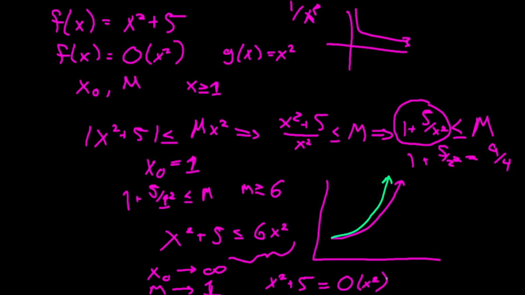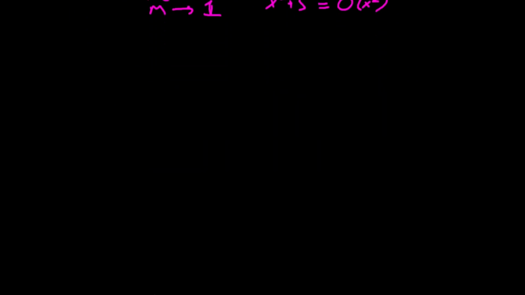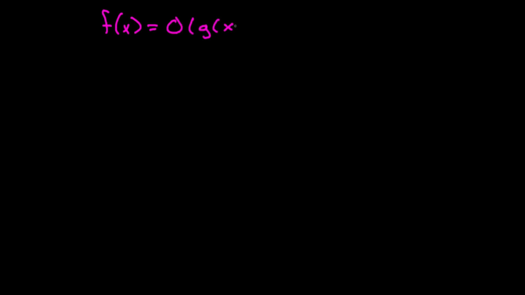And before we go, because this is starting to drag on a little long, I promised that I would talk about this in terms of limits, because a lot of you have taken calculus 1, and maybe this will be an easier way of going about it. So we can also say that given some f of x, f of x is equal to big O of g of x